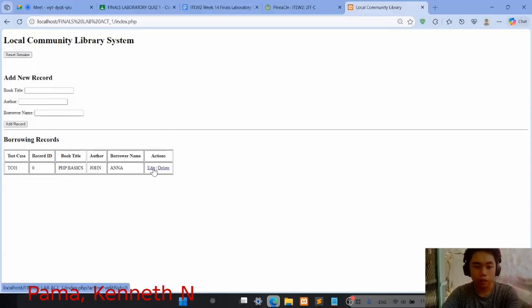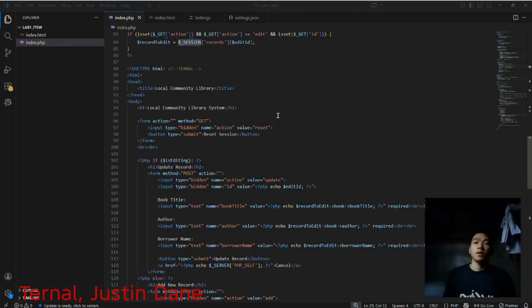So it's edited, set it to book name, then let's update the record. As you can see, we just successfully adjusted the book title, and if we delete it, we successfully deleted the data.